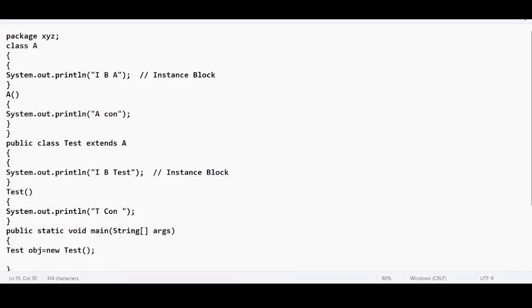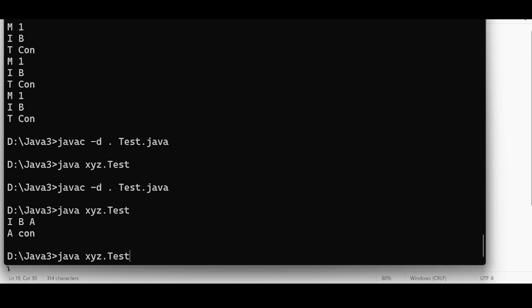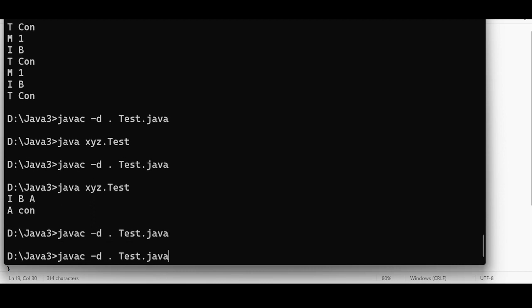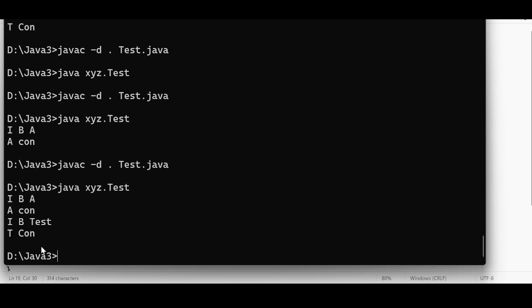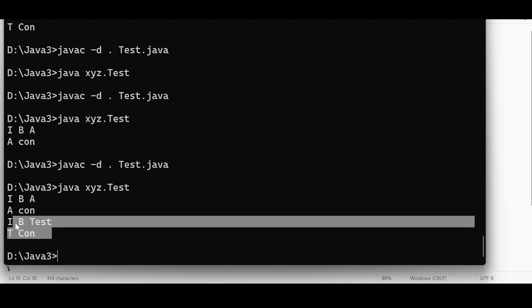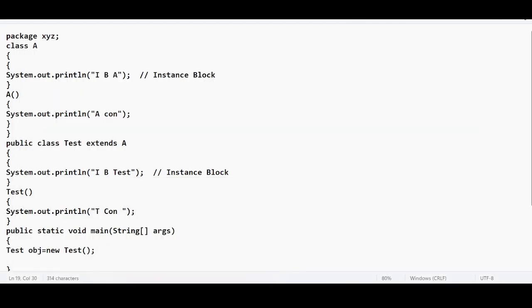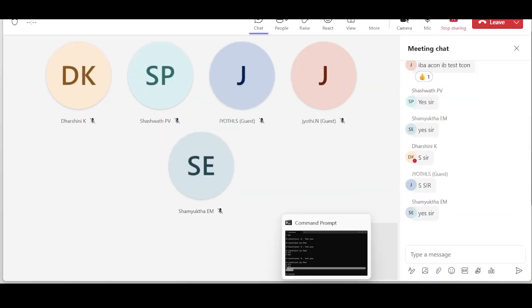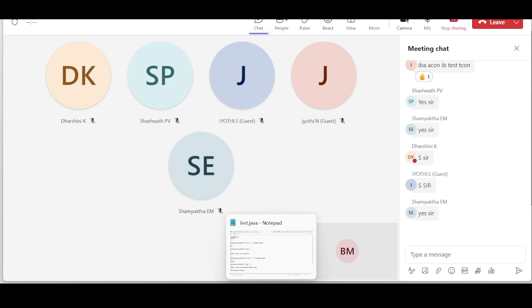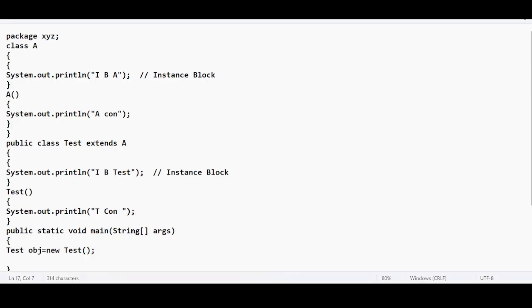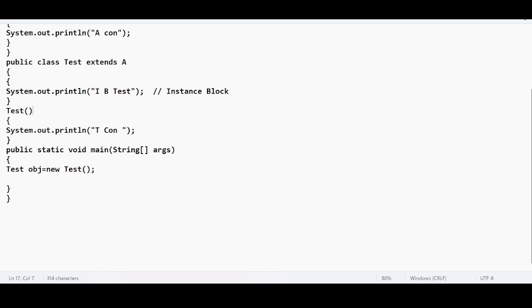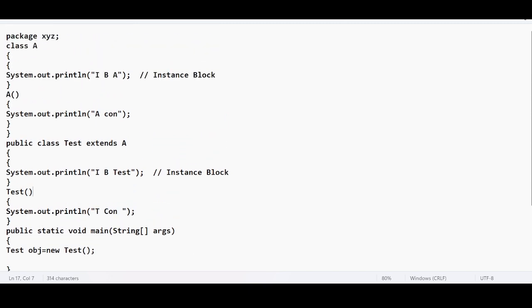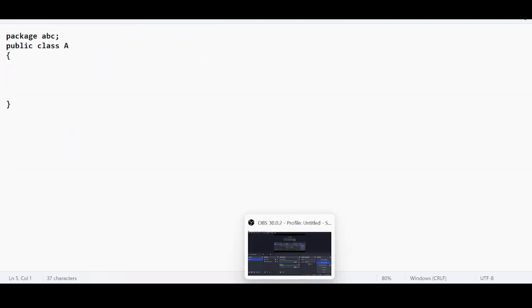Where is the proof? IBA Acon, IB Test Tcon. Are you getting this, everyone? Because of the manipulations that are being done by the compiler behind the scenes, these things are happening. So this is all about the instance and static control flow. You people need to do a lot of revision, or else it will